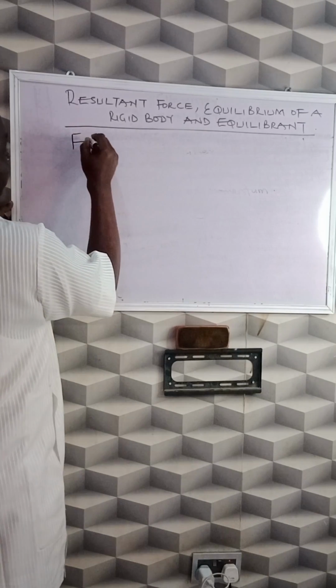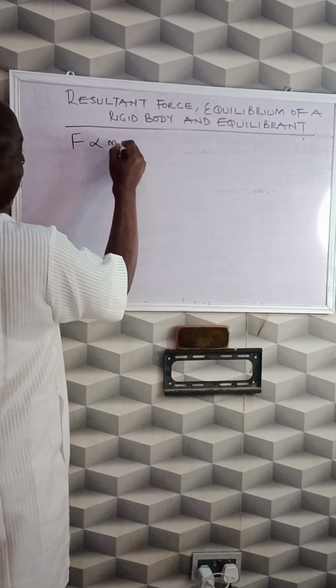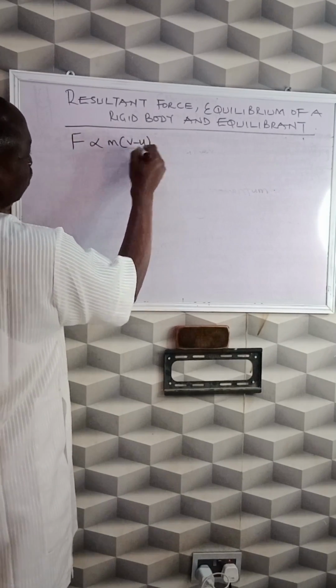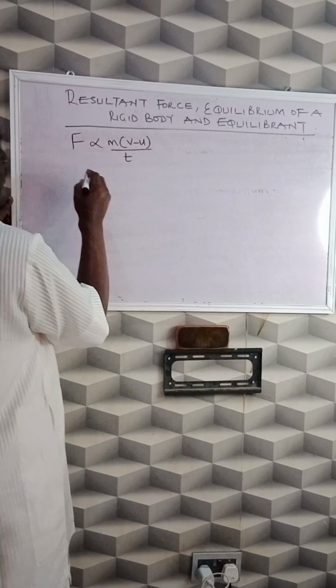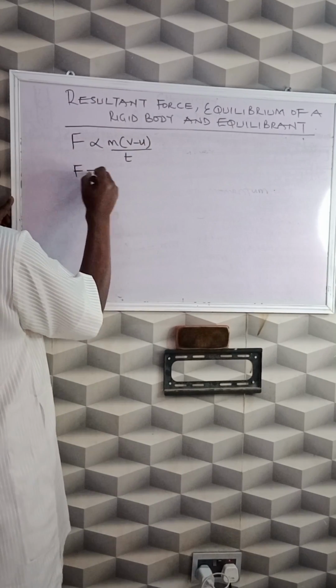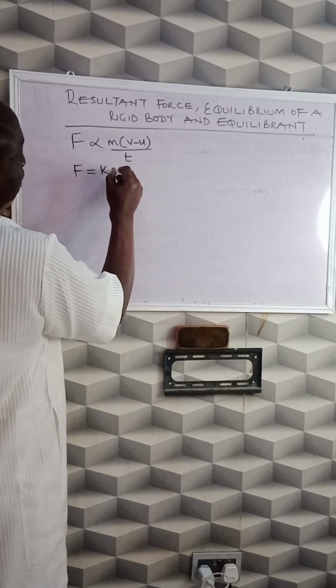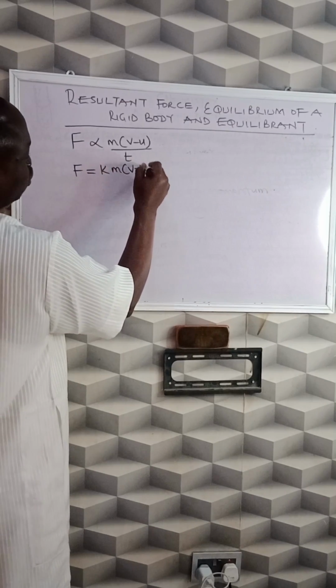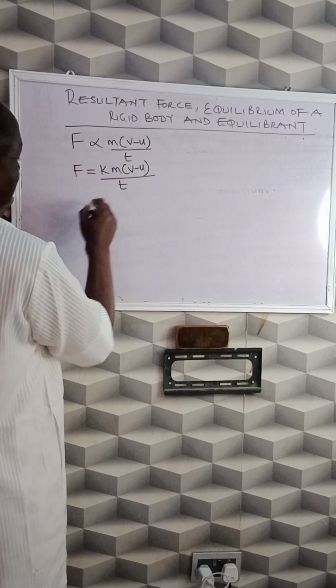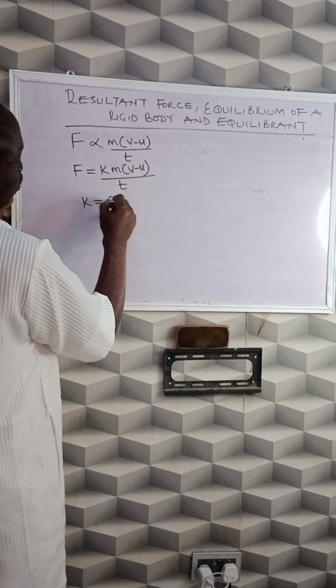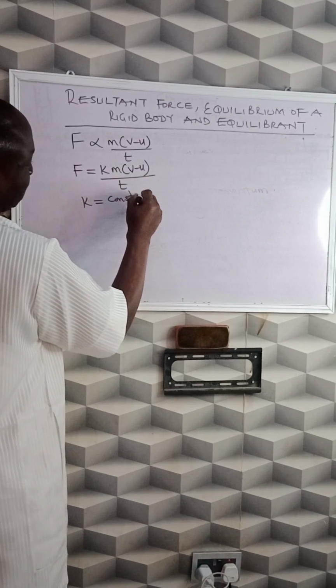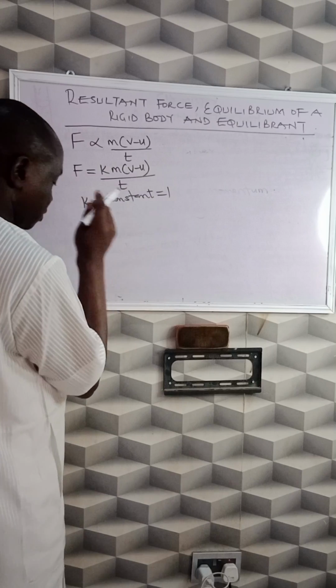Stated as F, that is proportional to m bracket v minus u all over t. So F is equal to, in order to remove the sign of proportionality, you have to introduce k, k times m bracket v minus u all over t, where k is a constant and is taken to be 1,